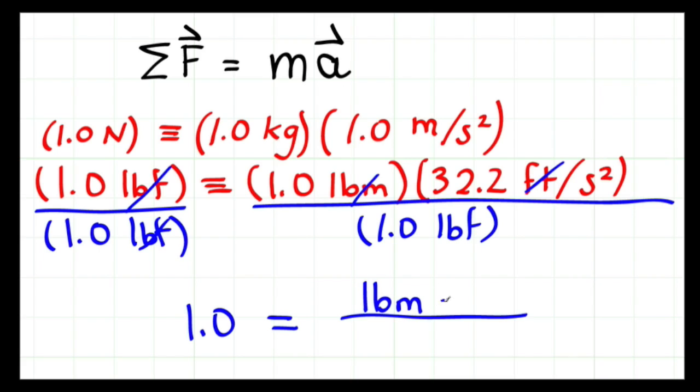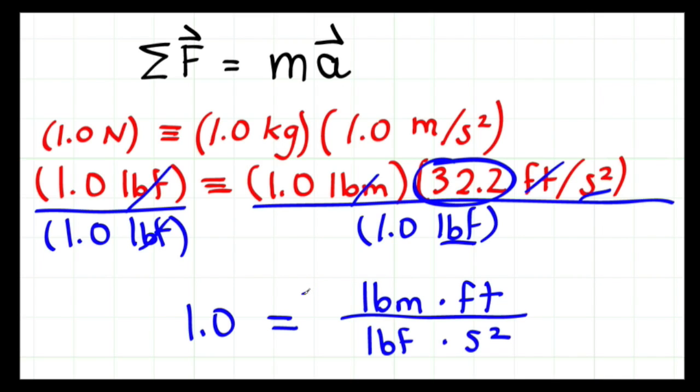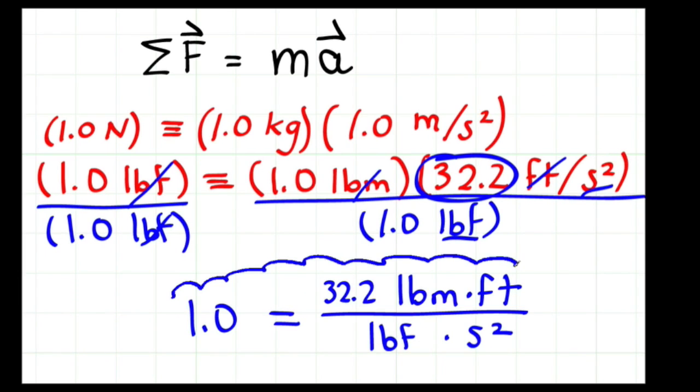Feet come into the numerator. Pound force and second squared go into the denominator. So we have pound force and second squared. And we have to remember to pick up this number, 32.2. So let's slide that in there, 32.2. And there's the conversion ratio